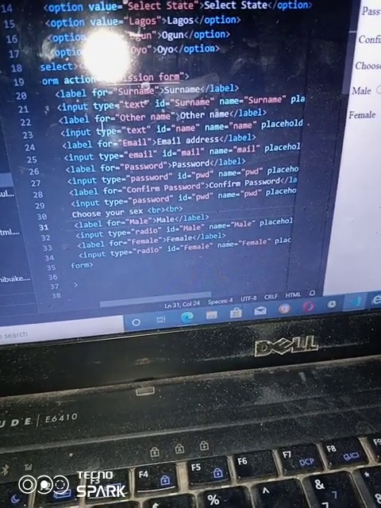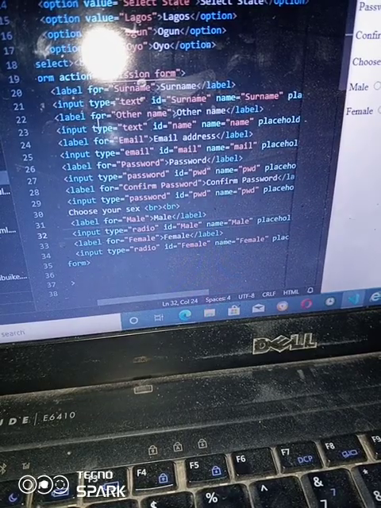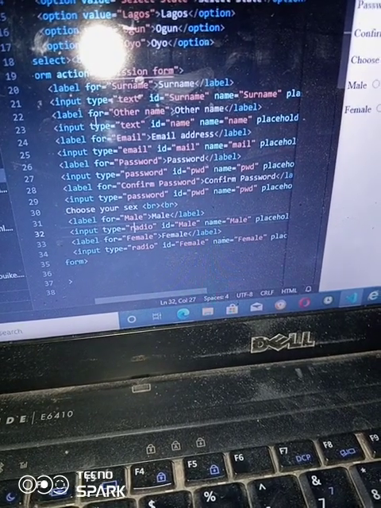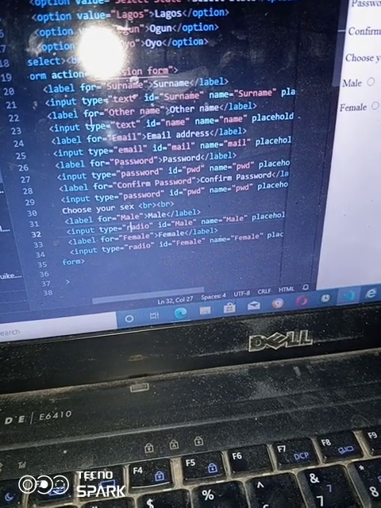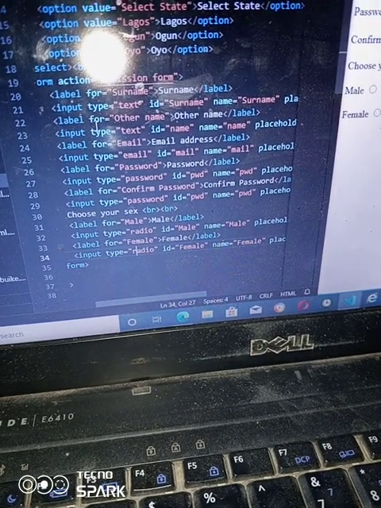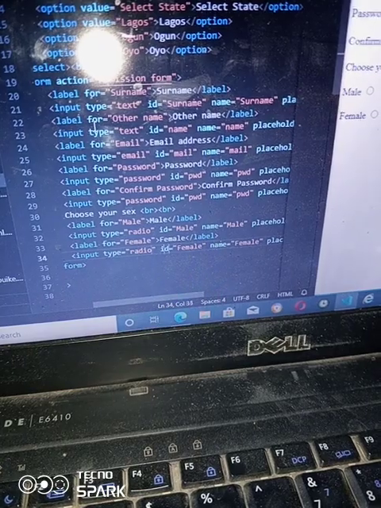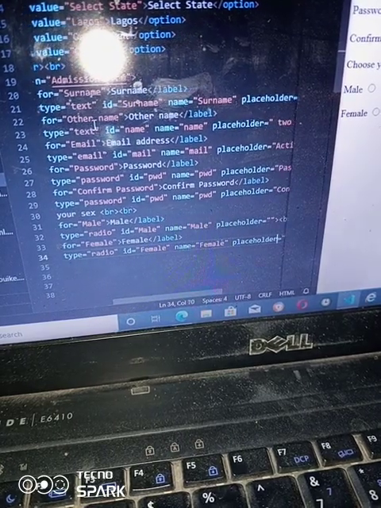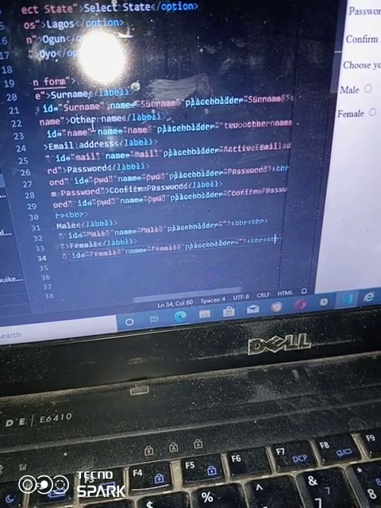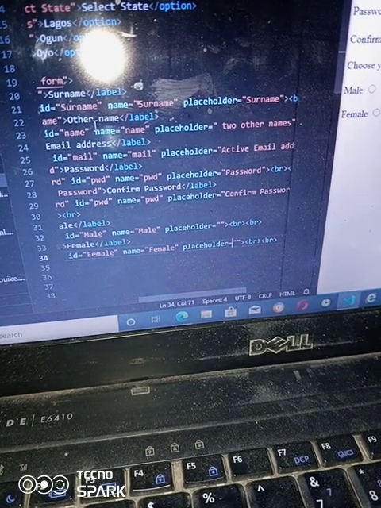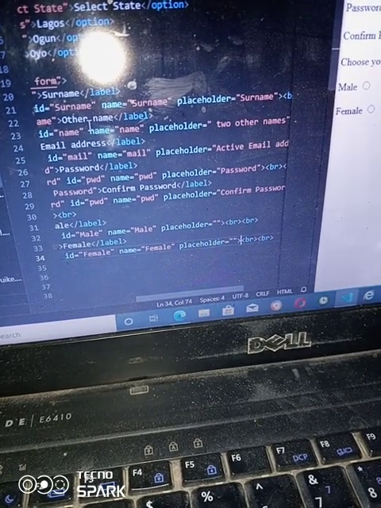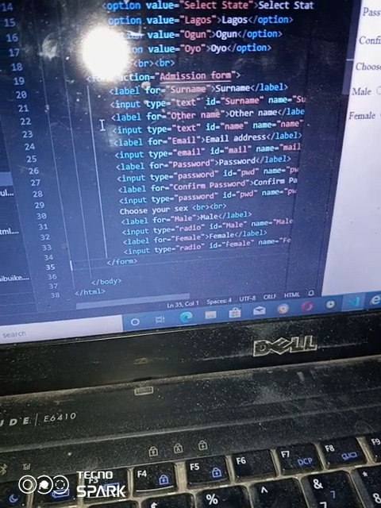Choose your sex. I use radio. Input type is radio here. It will help you to choose whether male or female. You can also use the checkbox to tell the person to choose. The radio will only allow you to choose one of what you have radioed, but the checkbox allows you to choose as many